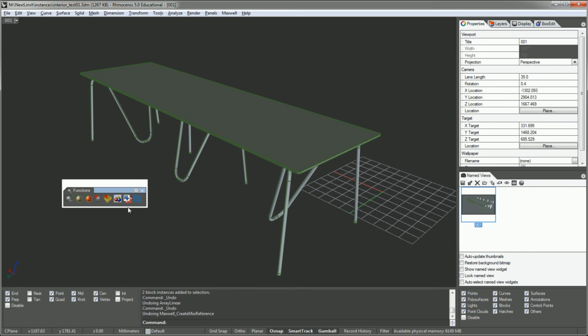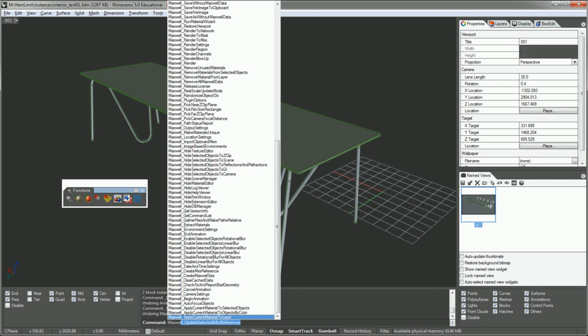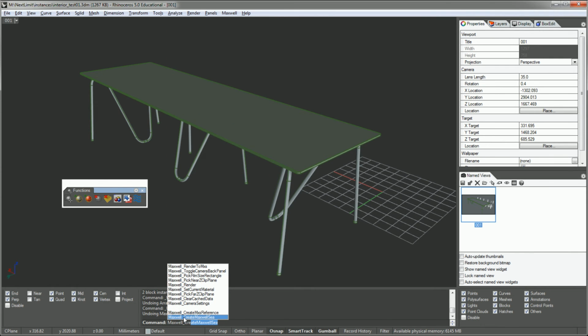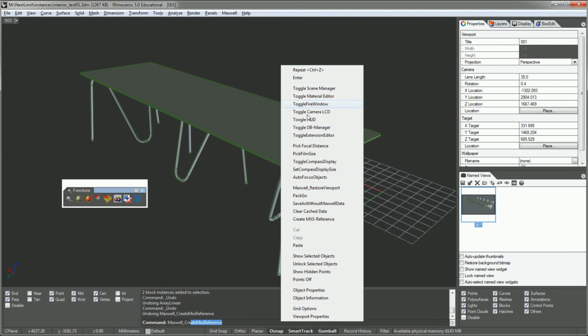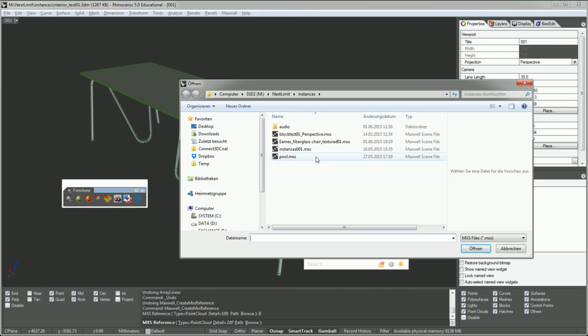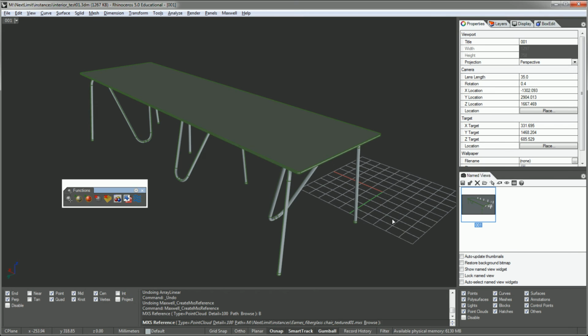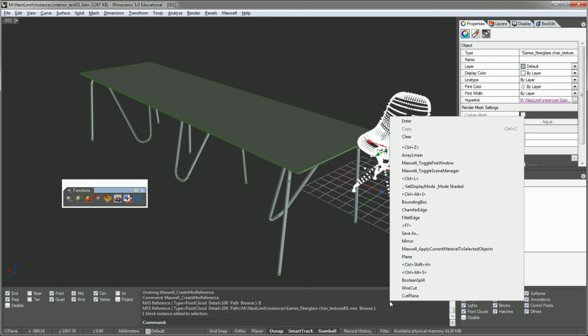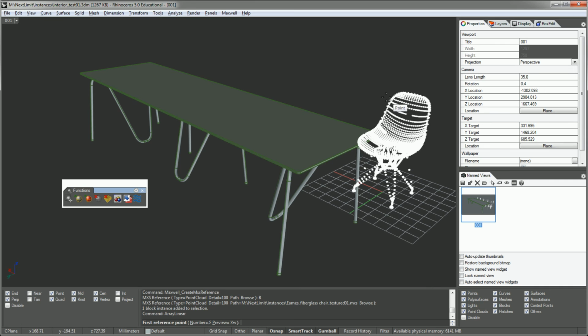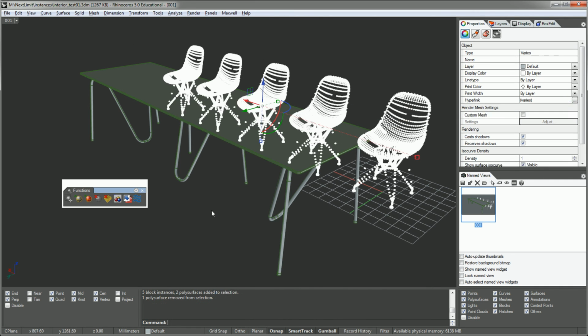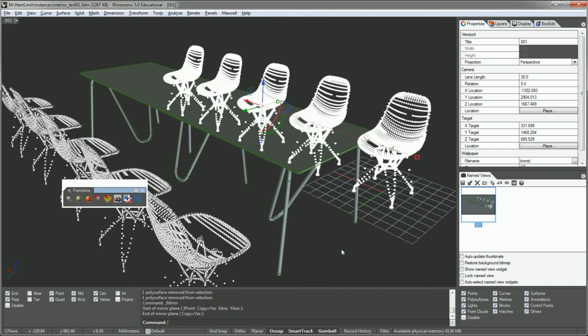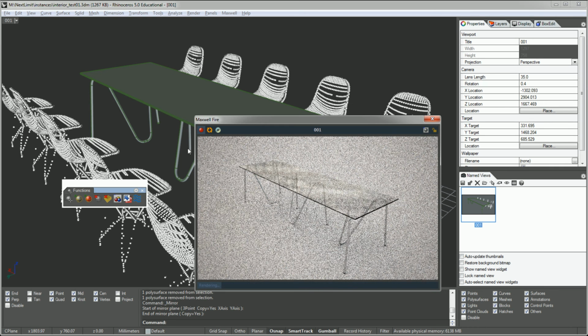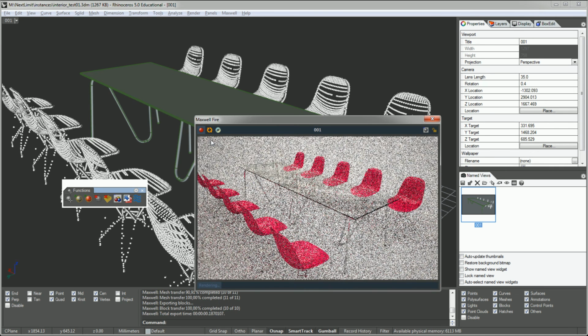With this in place, I could open up any interior design scene and load the Maxwell file I've just created. One can do that by toolbar button or via command line. I personally use a custom right-click menu, which opens the file browser right away. One may then decide for one of the options to display the chair in a simplified way. Point cloud is quite nice because it still shows the workpiece shape. And just as with normal blocks, I still may transform single instances individually. As soon as one presses the render button, the external content is merged with the current scene and everything renders